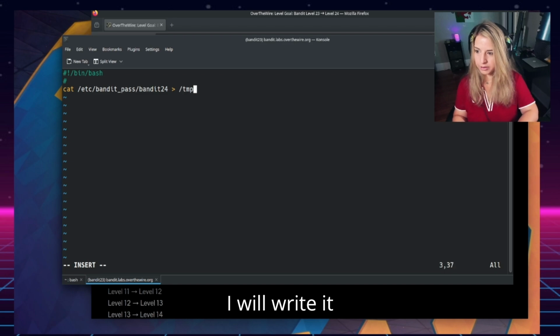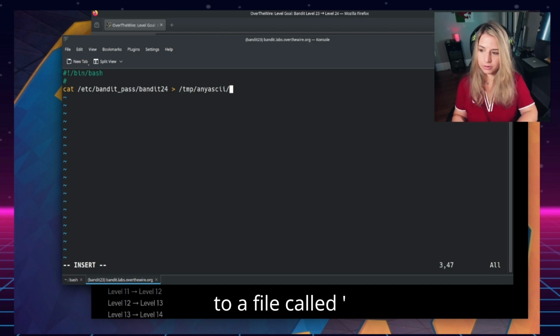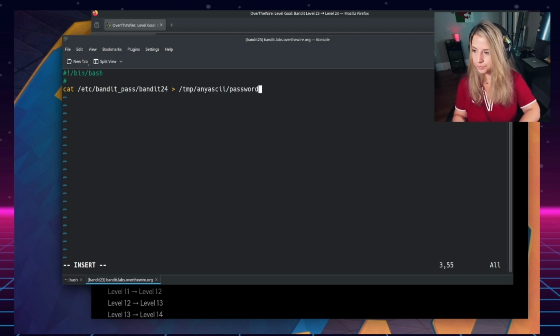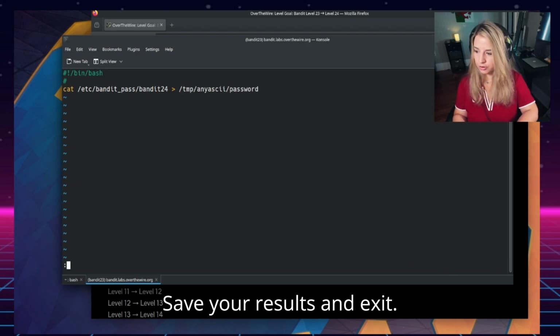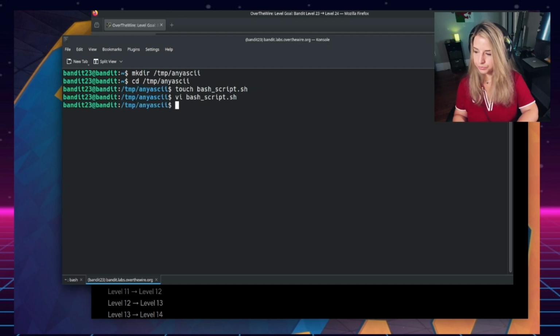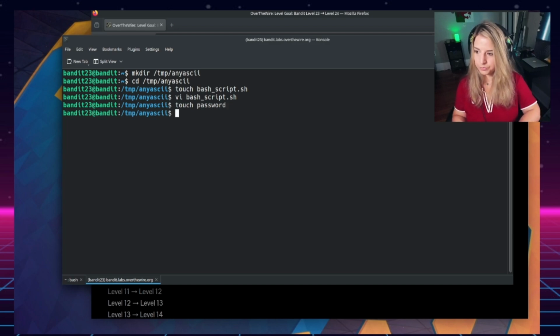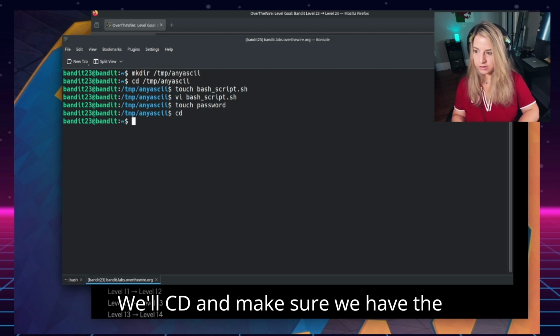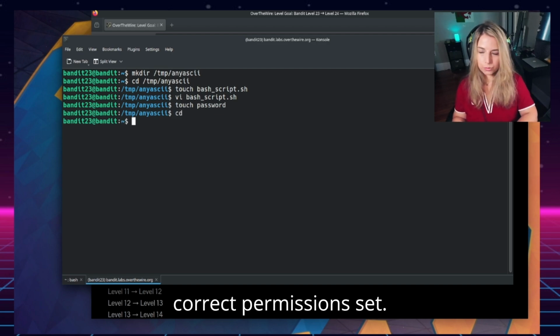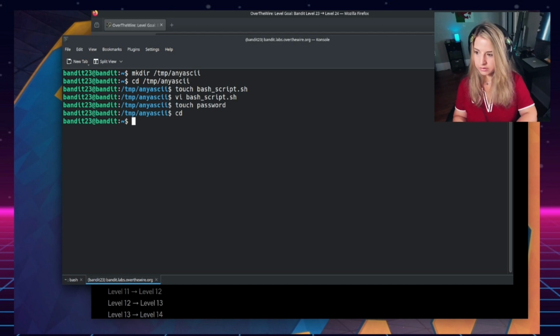And I will write it to a file called password. Save your results and exit. Now create the password file. We'll make sure we have the correct permissions set.